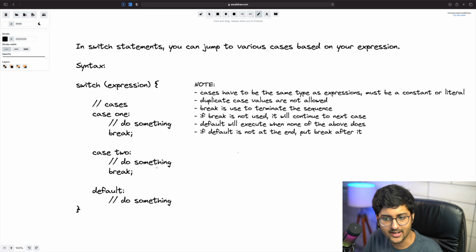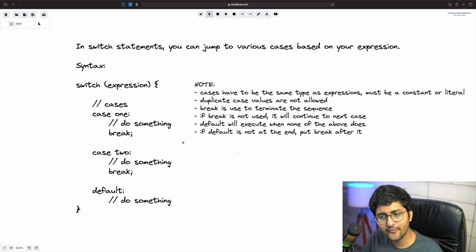What is this break condition? Break is basically used to terminate the sequence. Whenever you have found the particular answer, and you display it or do whatever you want to do, if you don't do the break part, it will keep on checking all the others as well. I'll show you right now. It's optional, but if you don't put break, it will keep on showing it again and again. This is the older syntax of switch cases. We will also look into the newer syntax in Java that's much nicer and much cleaner.